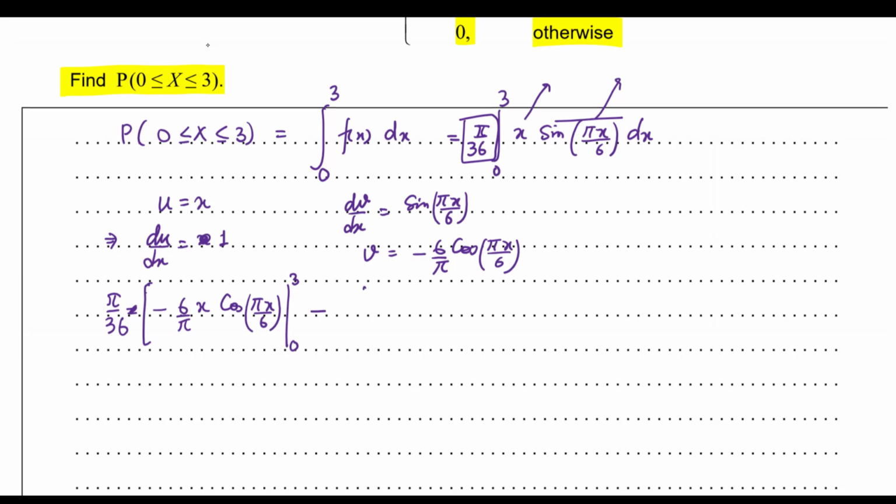the integration of the differentiation of the first function, and the differentiation of the first function we can see is going to be 1. We have seen this is 1, and the integration of the second is going to be minus, so negative and negative become positive, 6 over pi, and then this cos of pi x over 6 dx. And now we'll close the bracket, so we can rewrite this thing as pi over 36,